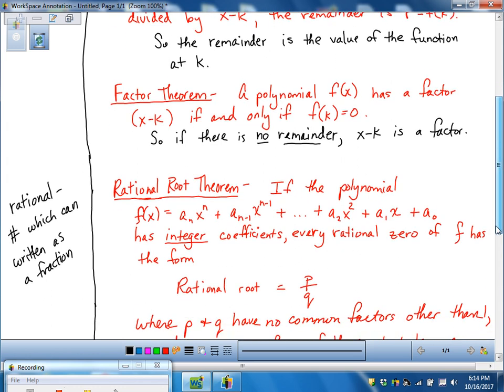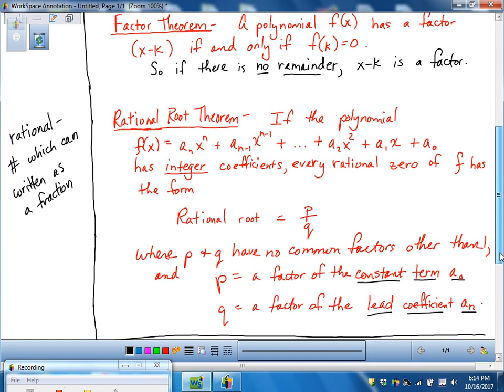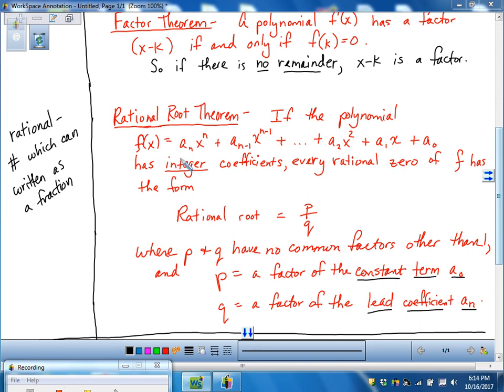The rational root theorem says if the polynomial f of x is of the particular format where you have a sub n times x to the n plus a sub n minus 1 times x to the n minus 1, notice that the degree of the polynomial is decreasing by 1. That's what this notation means. And we keep going until we have a sub 2 x squared plus a sub 1 x plus a sub 0, which is our constant term. So as long as we have a polynomial that is in descending order